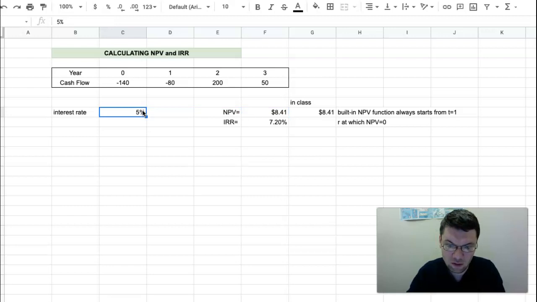If on the other hand, you're borrowing money at say 8% for a project that promises a 7.2% return, then you're going to be wasting money because you're going to be paying more for the project than it promises to return to you. And this is what a negative NPV stands for, and this is what an interest rate above the IRR corresponds to. All right,